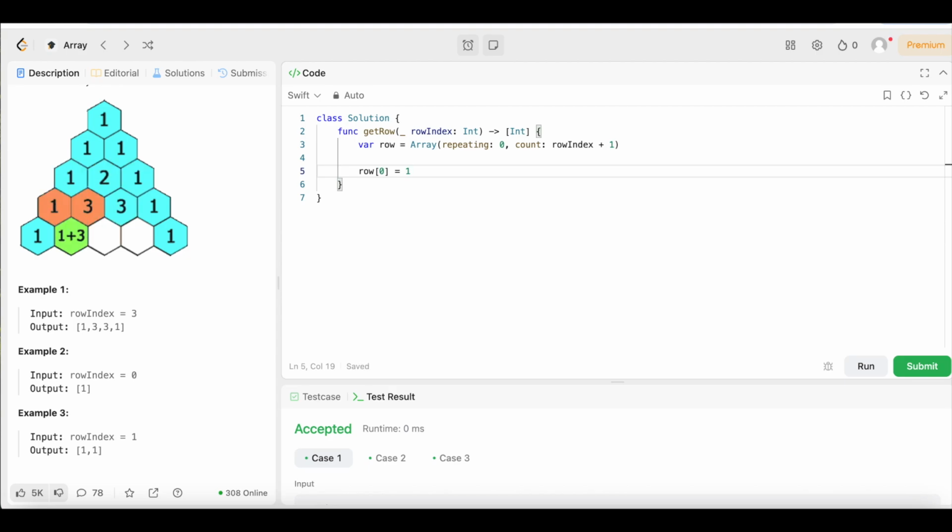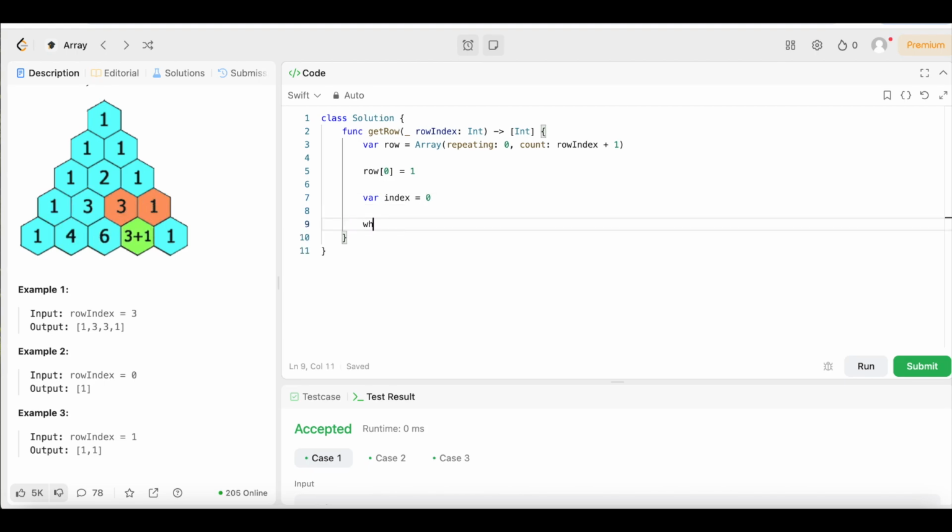Now we need a variable to keep track of the current row being processed. Once again, this right here just represents this very first row in the Pascal's triangle. So we could make a default value of that. We can declare a variable, call it index, and give it a default value of 0. Now we need to loop until we reach the desired row index. So we can say while index is less than or equal to row index, boom, we need to start our